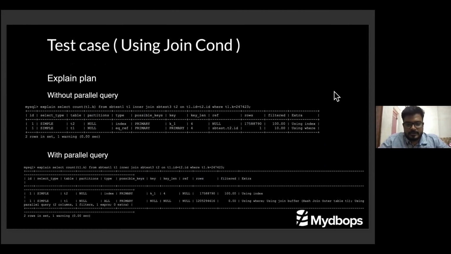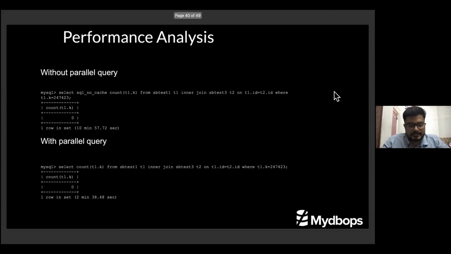So, going for a join condition. Here we need to mention one thing as well. Here we are enabling a hash join, which is more optimized for the joining condition, which means it will perform the join using the hash join function. So the execution will be much faster than the normal one. You can see that enabling the hash join has already improved the performance, taking only 10 minutes. But even then, enabling the parallel query took just 2.5 minutes for its completion.